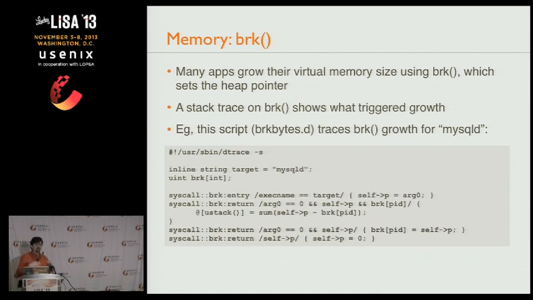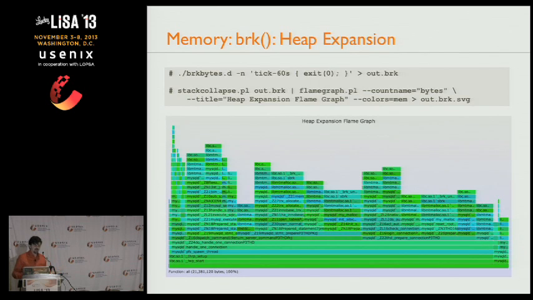Brk tracing, that's just a different way to look at the memory problem. On my diagram earlier, brk tracing is when the allocator can't satisfy the malloc within the cache that it's got, and so it needs to grow the heap. I like tracing brk because these are infrequent. The allocator shouldn't do this that often, so we shouldn't be talking about 25% overhead. This might be close to 0. There's an example of doing a brk flame graph, and what it's showing you is heap expansion.